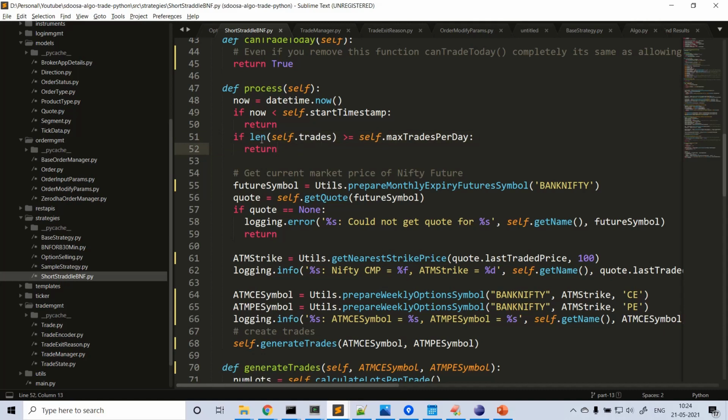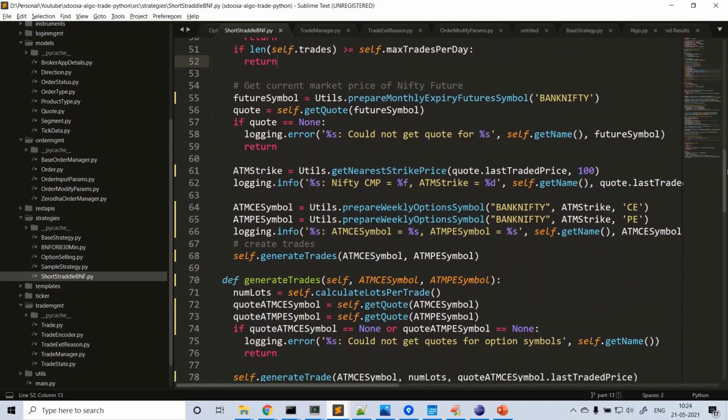Okay, so I'll tell you, I did little changes. Earlier I had a trades created symbols array, so instead of that I modified the logic to have trades within each strategy. I'll tell you that logic later. So here the main logic is: get the future symbol of Bank Nifty, prepare the monthly expiry future symbol, get the current quote of the future symbol,